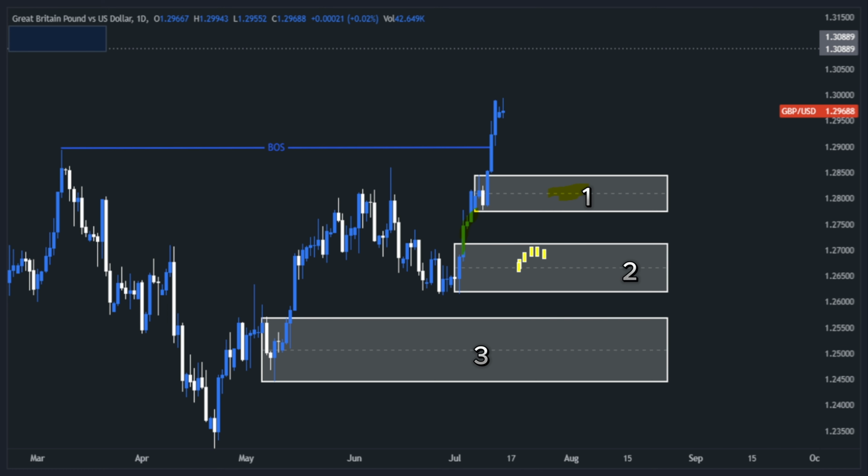Now we compare the middle and extreme zones. The middle zone seems promising because of the imbalance underneath, but we need to consider market structure. Looking at the market structure, the previous high failed to break and was rejected, indicating that this middle zone may not be strong enough. On the other hand, the extreme zone had a valid higher high, showing more strength. The low demand zone didn't break into a new structural high, so it's not as strong as it seemed. The middle zone, however, shows more promise. We can keep the low zone in mind if the market breaks lower and provides confirmation, but the middle zone